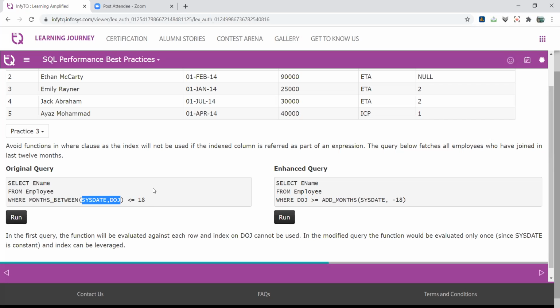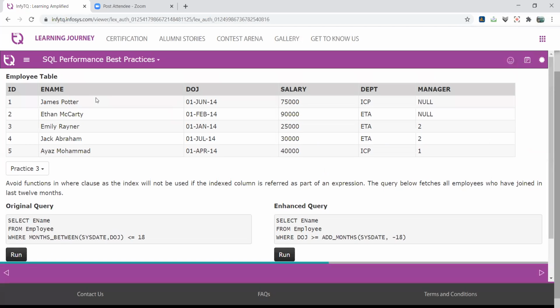Now for the execution of this query, each and every DOJ value in this table is fetched one by one and evaluated, first evaluated and then compared with the condition, right? Suppose we have 5 rows: this operation is performed 5 times and then 5 comparisons.